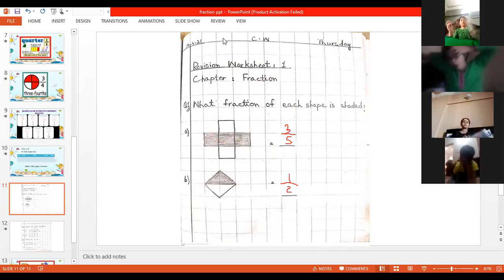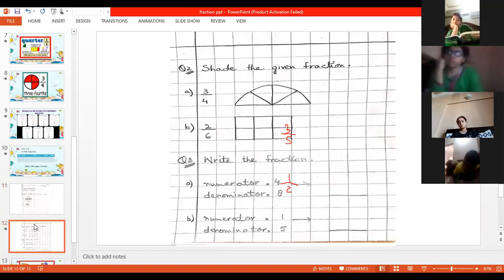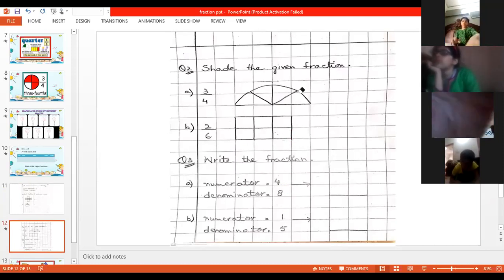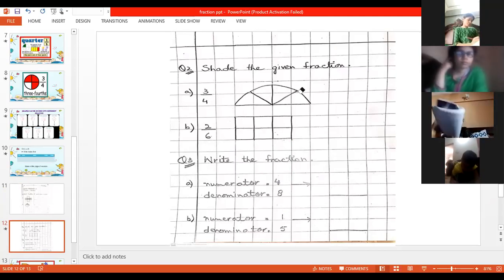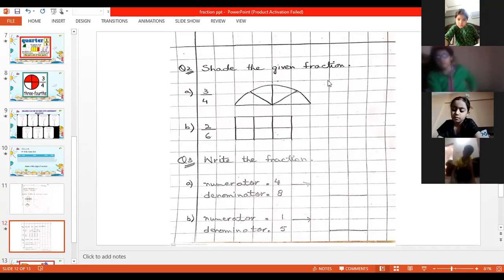Now, come to the next page. Now tell me, how many parts will we shade here? 3 upon 4.